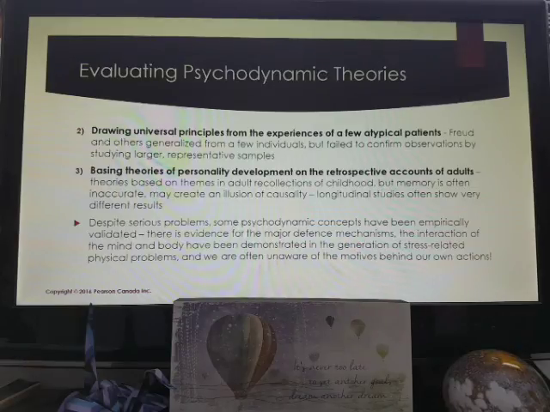Because your childhood happened before your adulthood, a lot of people have the tendency to say, well, the thing that happened when I was a child must have caused the later thing, because one happens after the other in chronological order. But if you actually look at the results of longitudinal studies, which study people across time, so actually study people in their childhood and then study them as adults, you'll often see very different results. So based on the fact that adults sometimes have these inaccurate memories, and that you've got this illusion of causality where it doesn't necessarily exist, you often find very different results if you actually study things empirically and longitudinally over time.